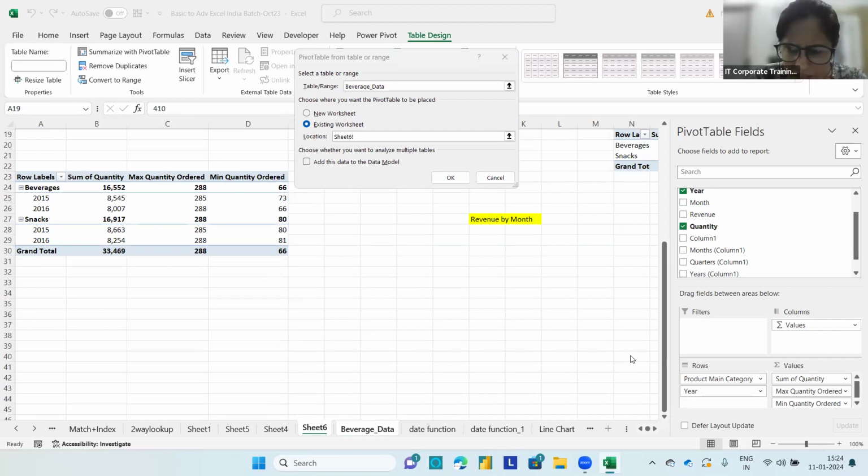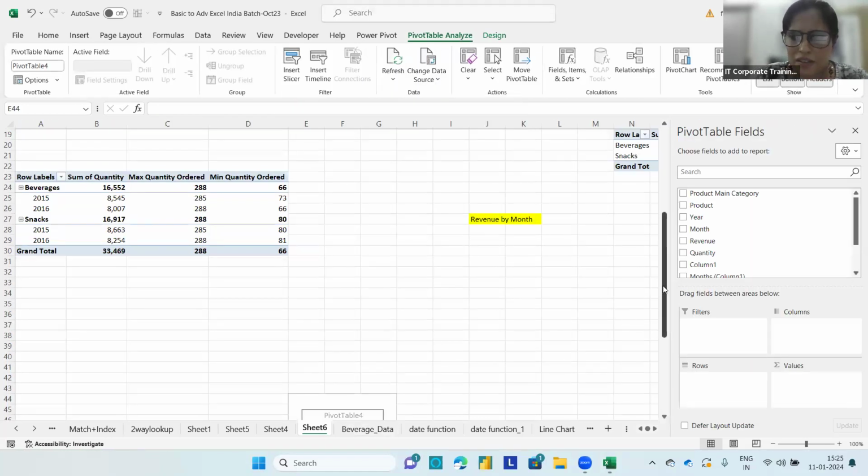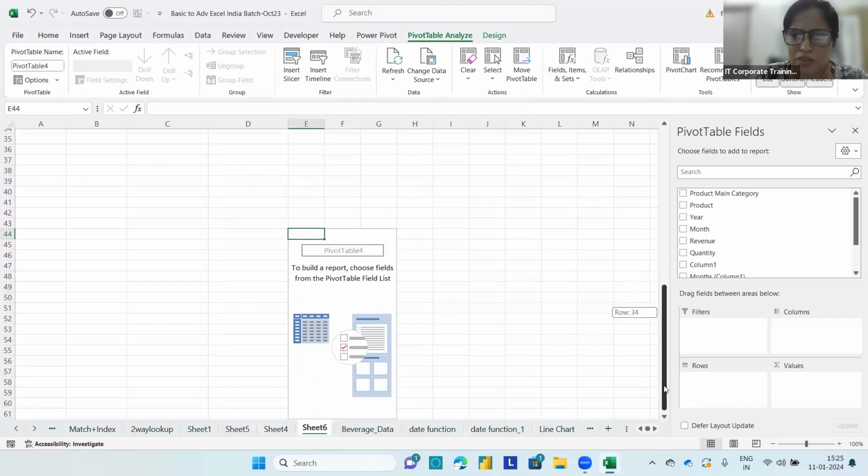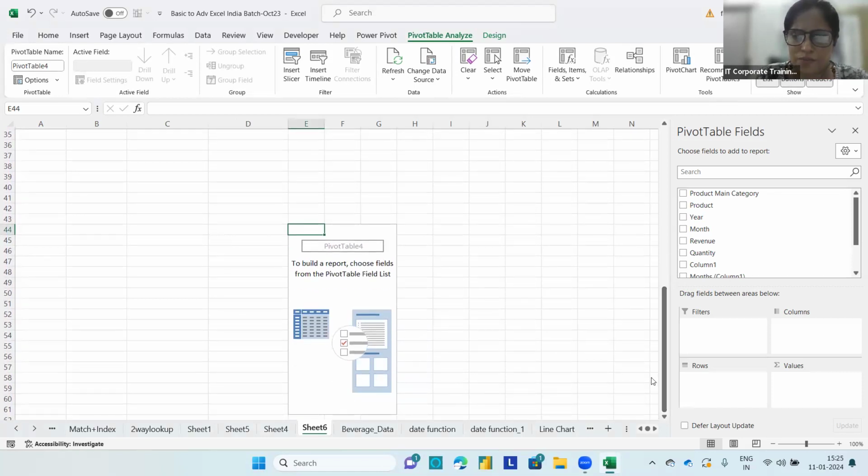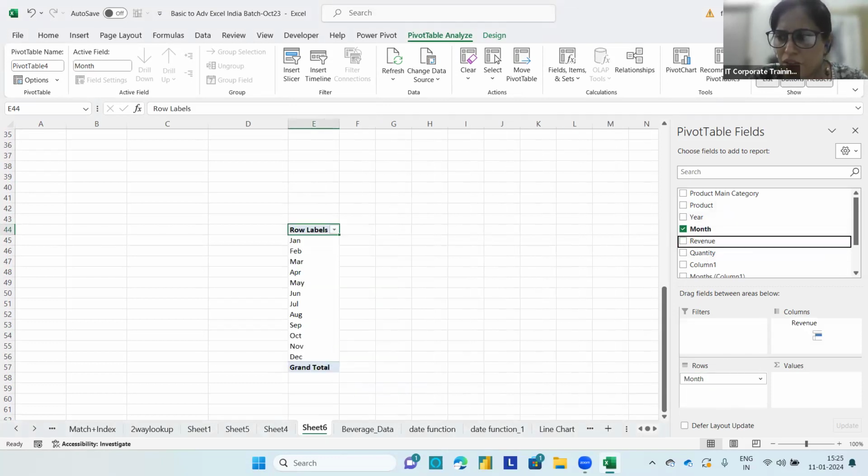On sheet 6, I'm giving the cell E44. I'll say okay. Can you see I get a new pivot table on that particular location? Correct? Here, what I have to make is revenue by month. So I dragged my month into my rows